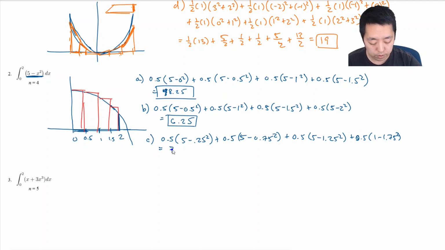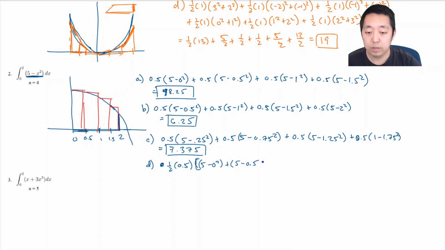This one I'm going to get 7.375. Okay, and then let's finally do the trapezoid rule. Trapezoid rule is I'm going to do 1/2 the height times the sum of the two bases. So that's going to be 5 minus 0 squared plus 5 minus 0.5 squared plus 1/2 times 0.5, 5 minus 0.5 squared minus 5 minus 1 squared plus 1/2 0.5